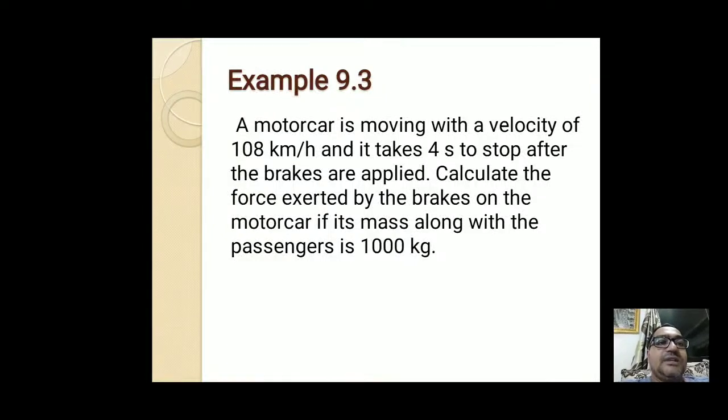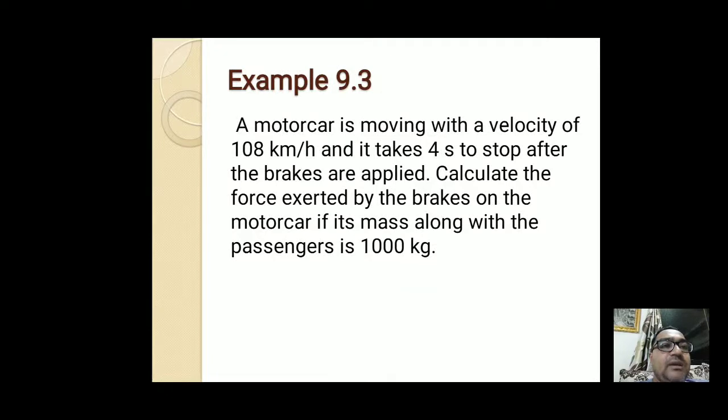So the question given is like this: a motor car is moving with a velocity of 108 km per hour and it takes 4 seconds to stop after the brakes are applied. Calculate the force exerted by the brakes on the motor car if its mass along with the passengers is 1000 kg. So students, here